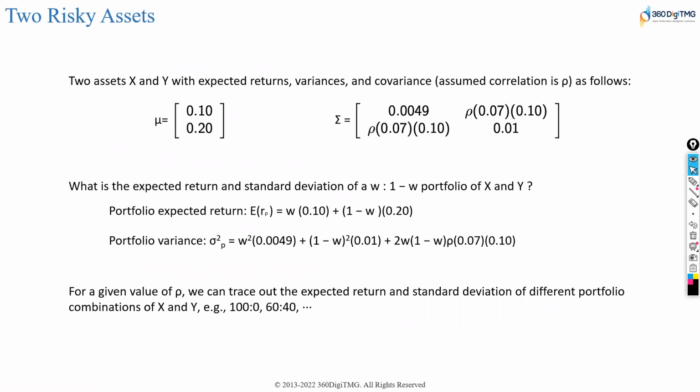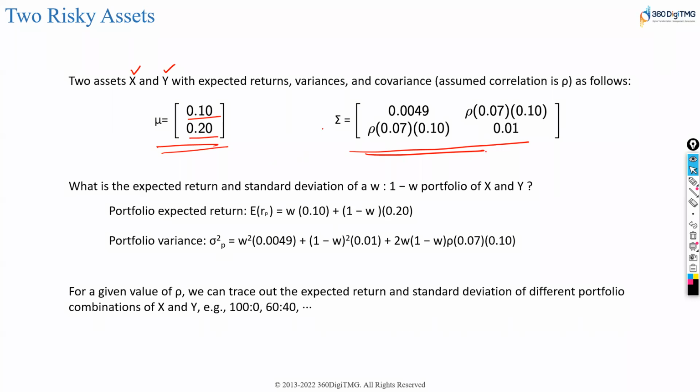Okay. Now, going back to our discussion. Suppose there are two risky assets. One risky asset gives you a return of 10%. Another risky asset gives you a return of 20%. You have the new matrix, expected return matrix. And then you have